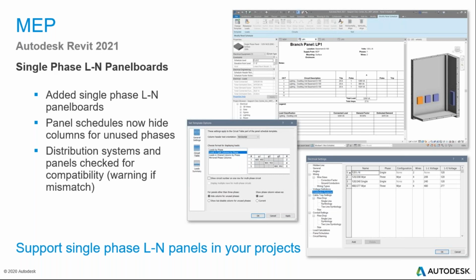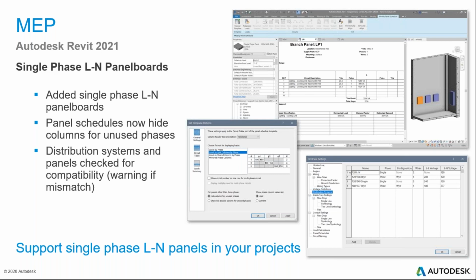Revit now supports showing a single bus column in the panel schedule template that only shows a single phase. Loads on a single phase panel will all be connected to a single phase. With this enhancement, when selecting a distribution system to assign to a panel, Revit will check the voltage and poles assigned to the connector and filter out any distribution systems that don't match. All panel loads are on a single phase and the phase total loads tabulate accordingly. The panel schedule will show the loads on the phase defined by what phase it is connected to and on the panel it is fed from.